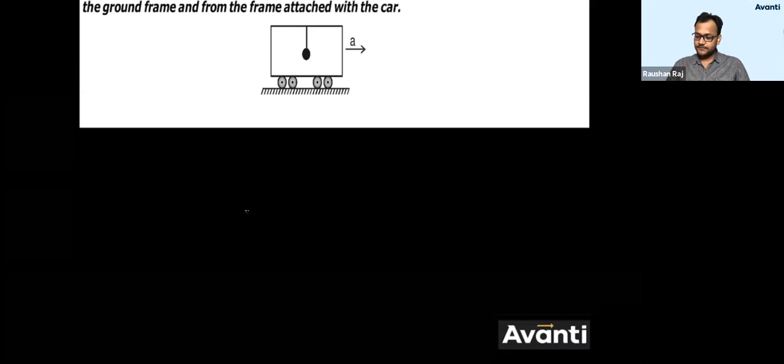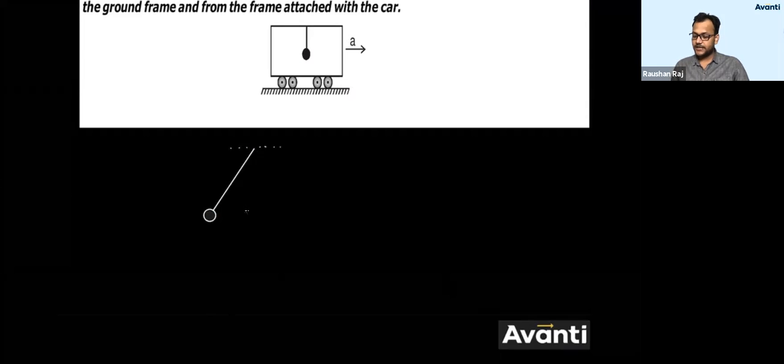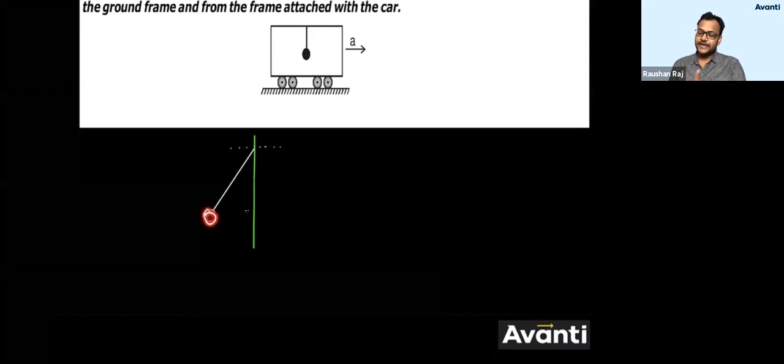So let me consider this is the pendulum, and this is the bob. I am making a circle, this becomes a square. Alright, consider this is the pendulum. Guys, when this car will be accelerating towards right, in which direction will this pendulum move? Which direction will it move? Tell me, children. Did I draw the correct direction, or is it incorrect? Correct only, right?